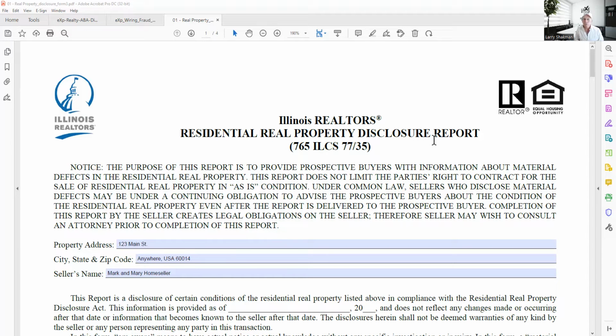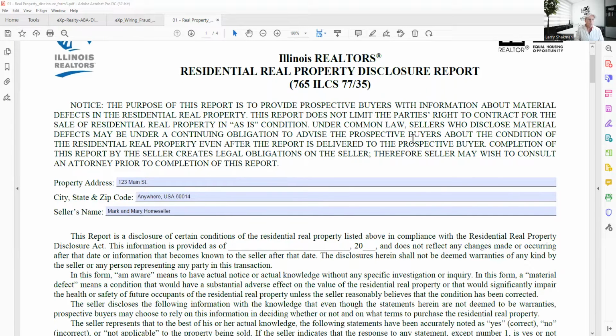So the residential real property disclosure report, up at the top, you're simply going to put the address, the commonly known address of the property. So in this case, 123 Main Street, anywhere USA, 60014. Of course, that's Mark and Mary Home Seller selling this home. Now, this date right here is the date you are providing this information to the seller. So if we filled it out today, it would be